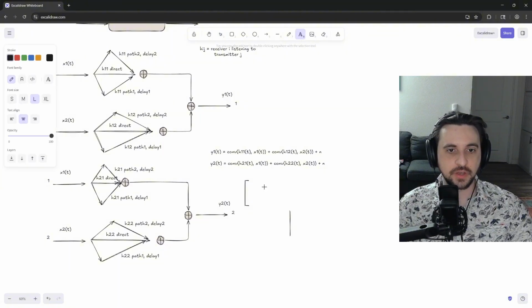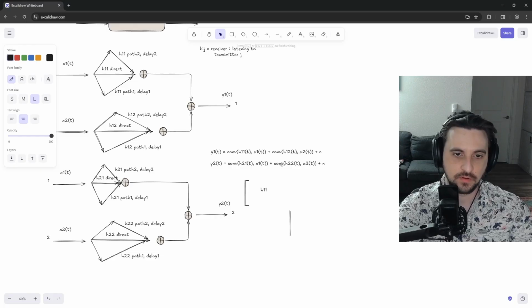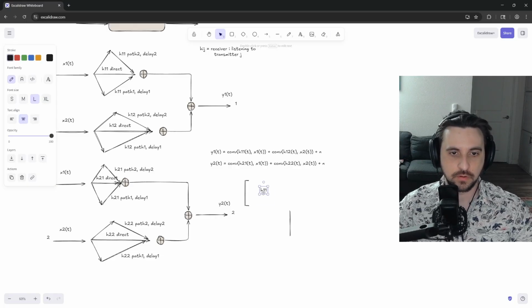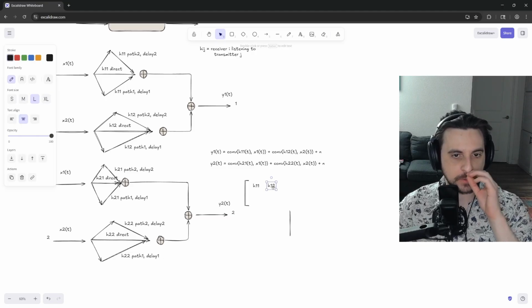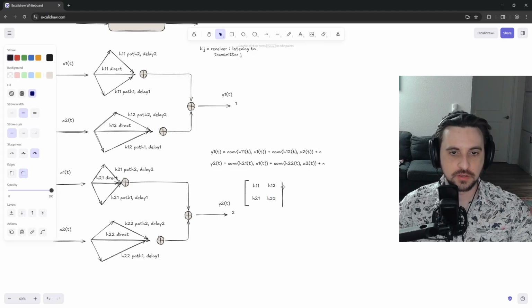So then we're going to have H11 in the upper left corner. We're going to have H12 because we use the row column convention. We're going to have H21 and we're going to have H22. So this is a snapshot of the matrix at a given time,